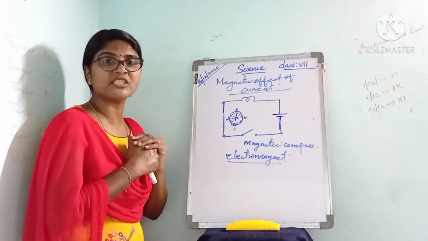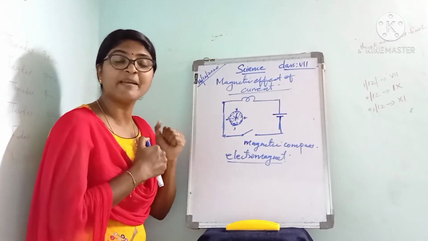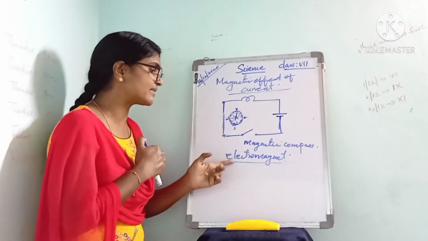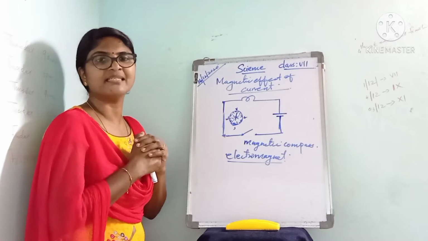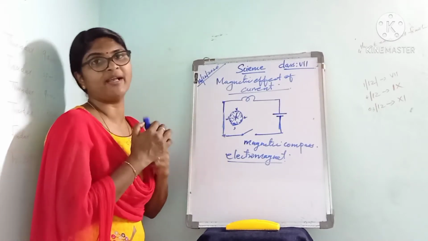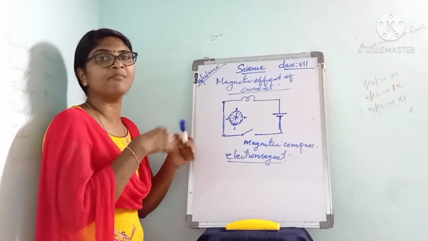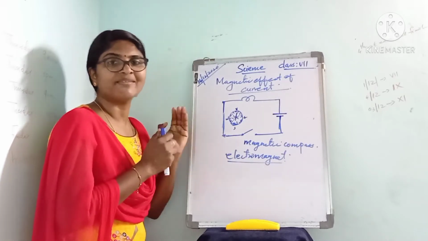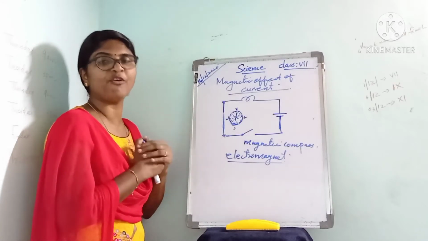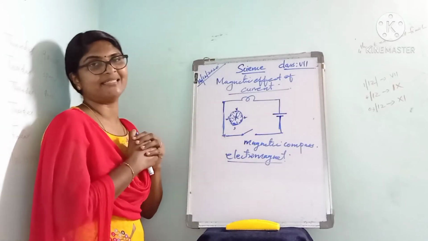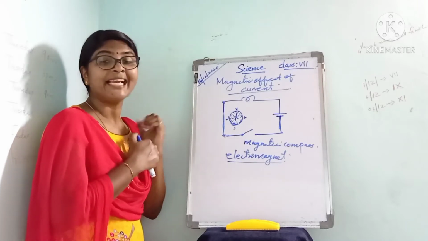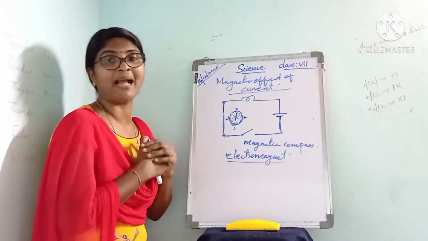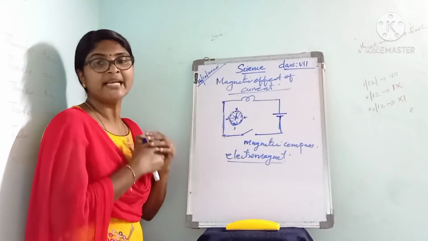Suppose electricity passes through a coil of wire, we can wrap a metallic wire, isn't it? So when electricity passes through a coil of wire, it becomes a temporary magnet, and such a temporary magnet is called an electromagnet. If electricity passes through a coil of wire, it becomes a temporary magnet, and this temporary magnet is called what?